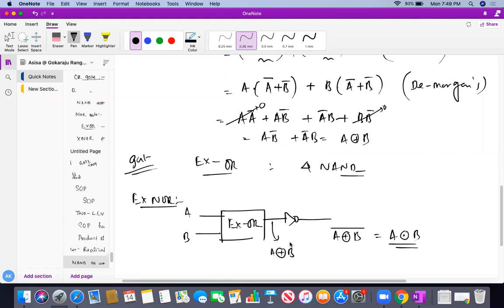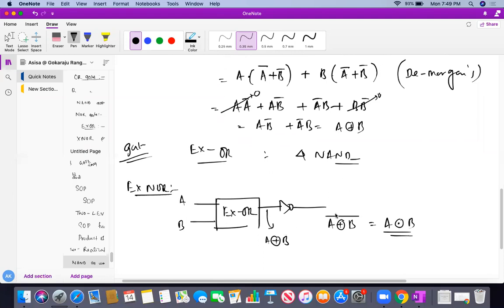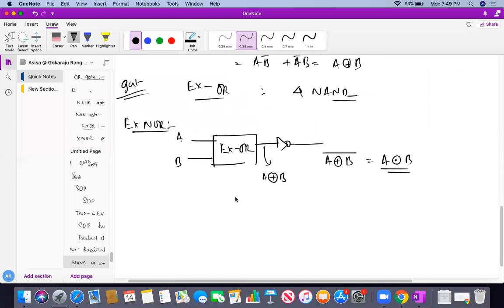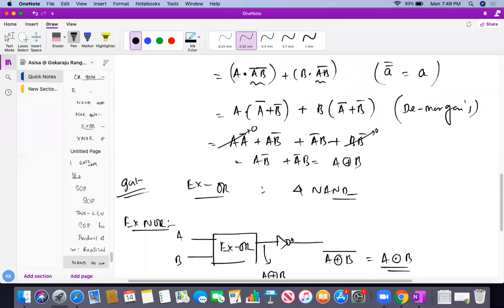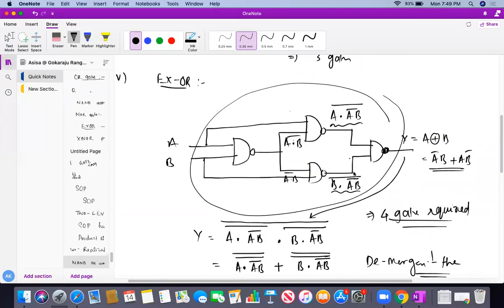So why is it like this? Because we just know that the XOR gate requires 4 NAND gates, and the NOT gate requires 1 more NAND gate. So finally how many gates are required? 5 gates required to design a XNOR gate. Understand, students? It is very important. You can implement it, because we are going to use this circuit many times. Please try to understand the way I have done it. So this is the minimal way.